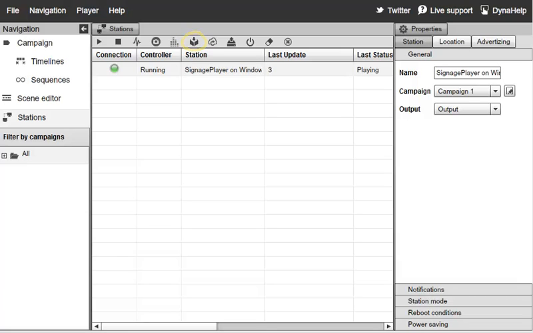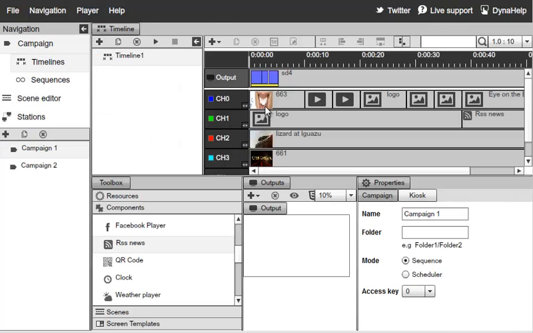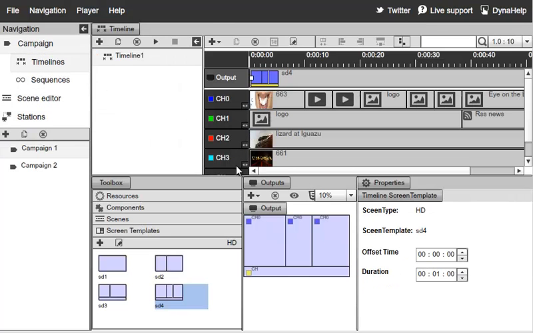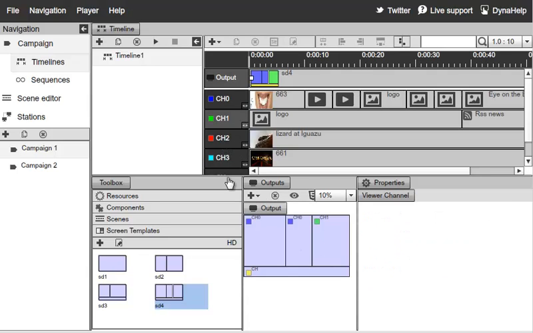One important feature of the Signage Studio is its ability to allow you to make changes to your presentation and save those changes to the server, but not necessarily push those changes to the remote SignagePlayers just yet. So let's go ahead and show you how this is done. We'll switch over here to timelines and just make a small change. We'll go ahead and associate the screen division to a different channel by dragging and dropping, and click on File